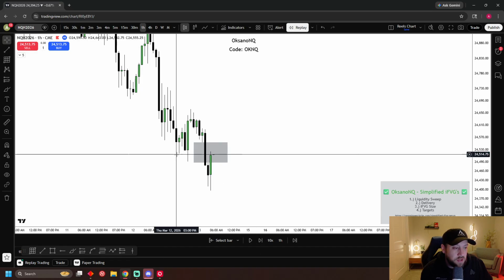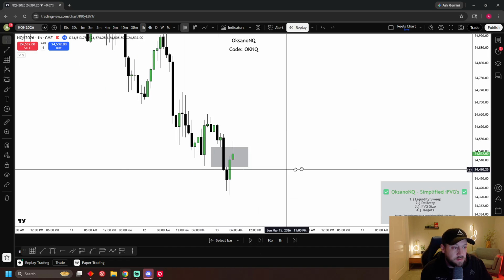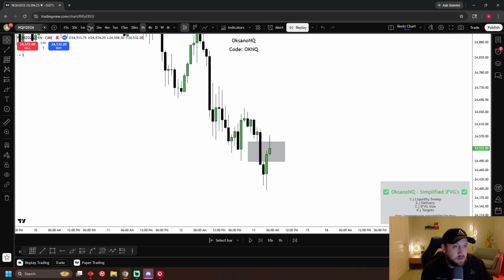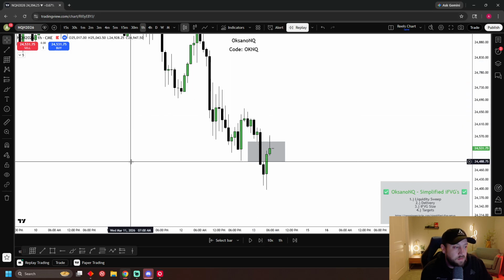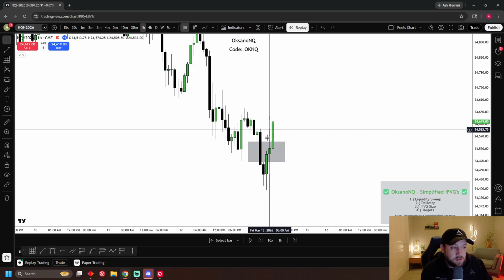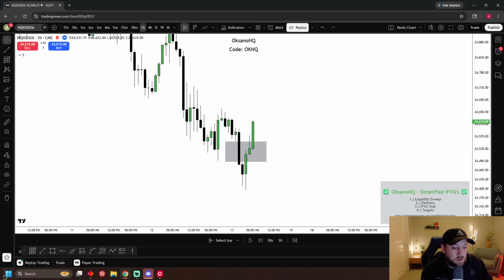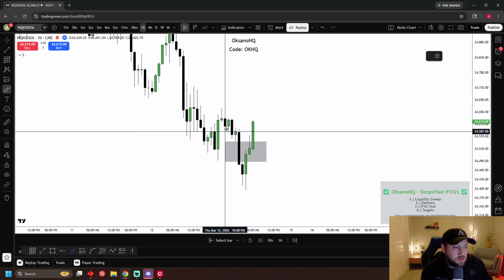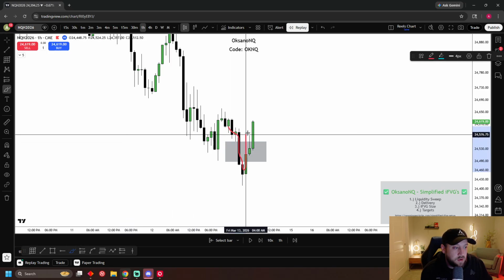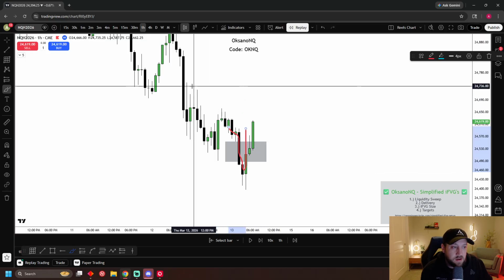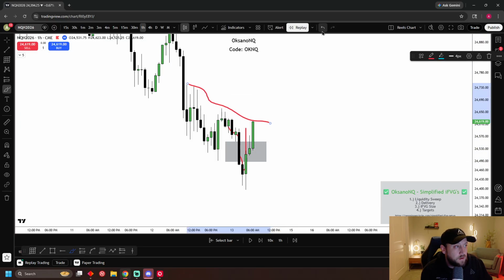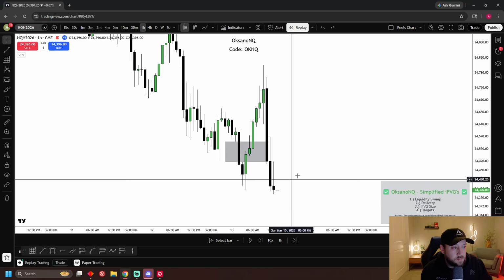But then yeah, as soon as we get this, right? See how this is holding. Bang. Then we get this really good close above. Not only do we get the inverse, but we close above this bearish OB, right? So now we got a breaker. We have a bullish breaker and all this LRLR above. Oh boy.